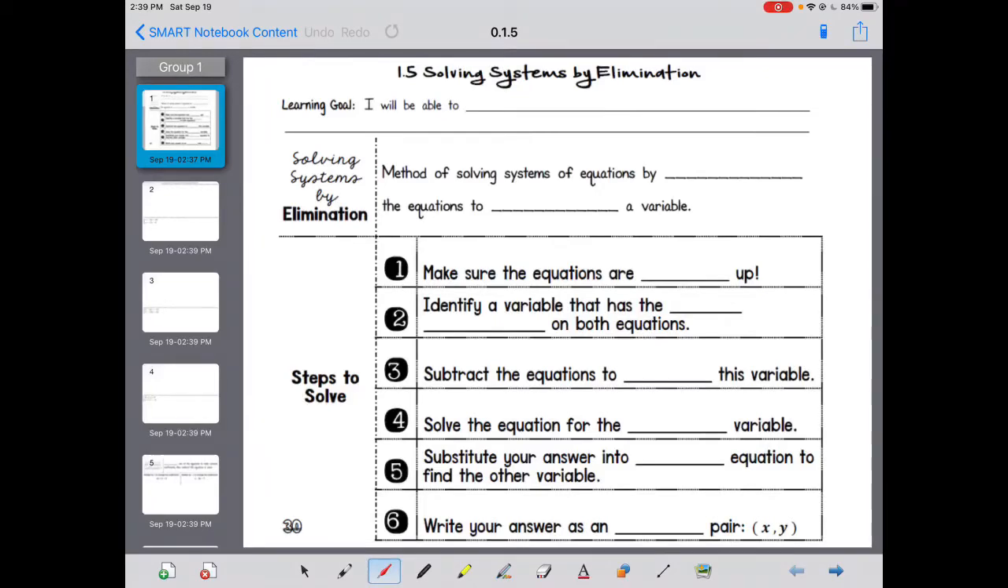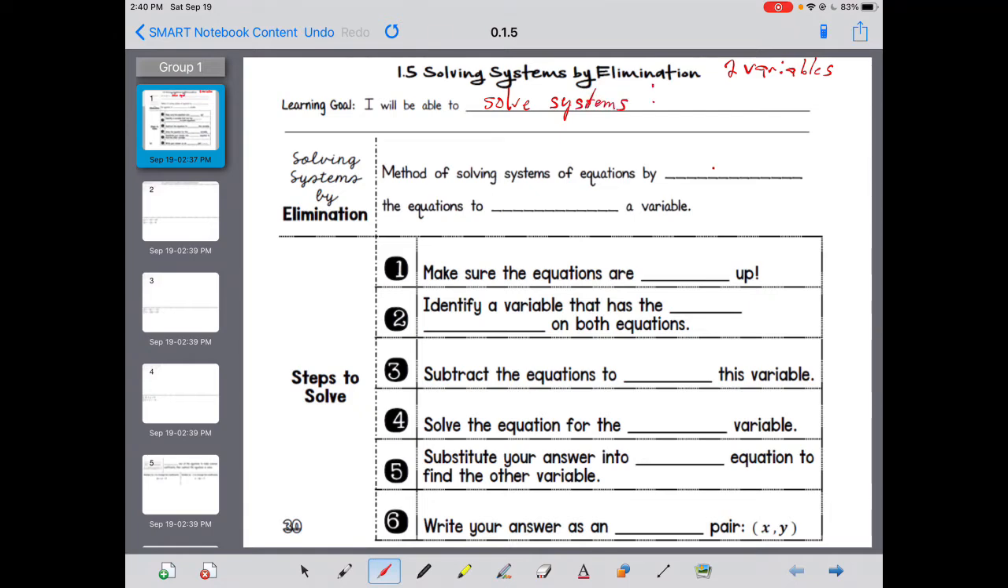Unit 1, Section 5. We're still with two variables. Still reviewing algebra concepts just to make sure we're caught up on those before we hit into these Algebra 2s. But we're going to solve by what's called elimination. So, learning goal: I will be able to solve